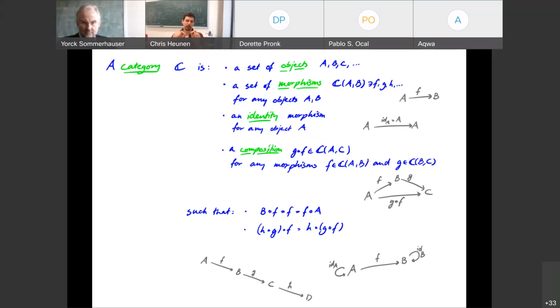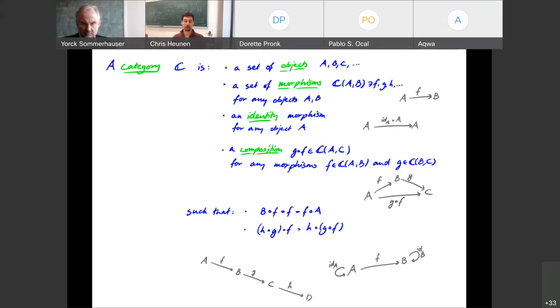And for every object, I want there to be a special map. So if you have one object, there's a set of morphisms from A to A. I want one designated special map that we'll call the identity morphism. And that's sort of like the morphism that does nothing, if you like. Because what does that mean, doing nothing? I first have to tell you what it means to do composition. If I now have 3 objects, A and B and C, and I have a morphism from A to B and a morphism from B to C, I want there to be a composition, g after f, that goes straight from A to C. Right, so that's the little triangle in gray on the right there.